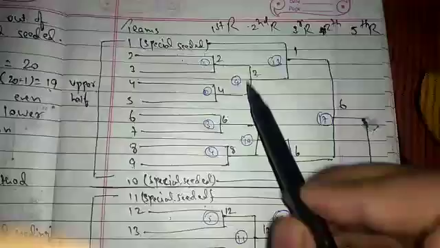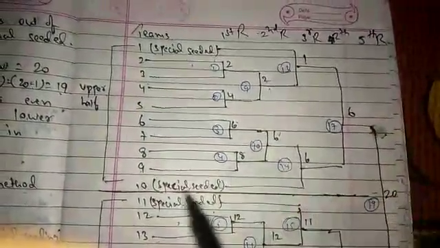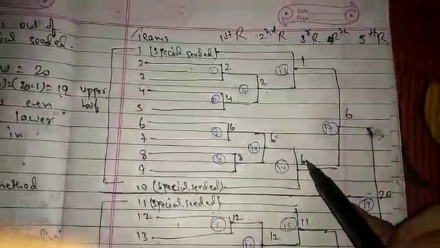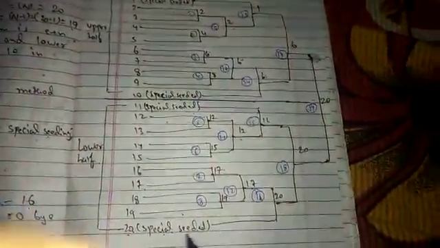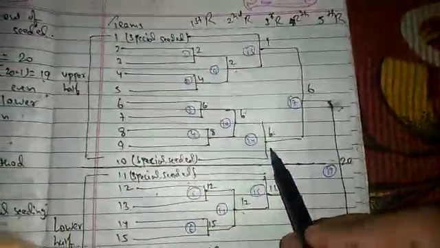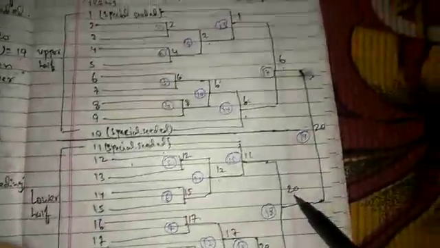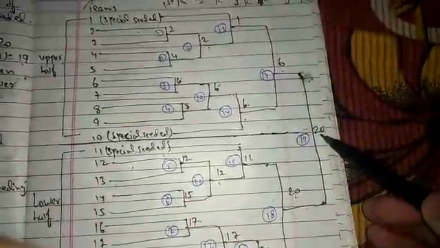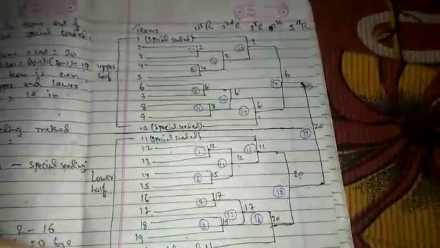So 1 will play against 2, we have declared 1 as a winner. 6 will play against the special seeded team 10, we have declared 6 as a winner. 11 will play against 12, we have declared 11 as a winner. 17 will play against 20, we have declared 20 as a winner. Then after, 1 will play against 6, we have declared 6 as a winner. 11 will play against 20, we have declared 20 as a winner. 6 will play against 20, we have declared 20 as the final winner. So this completes the procedure of drawing fixture by special shading method.